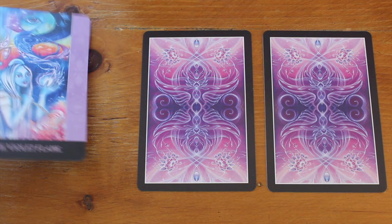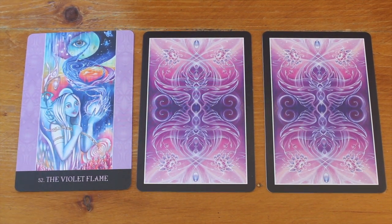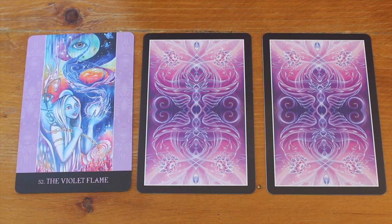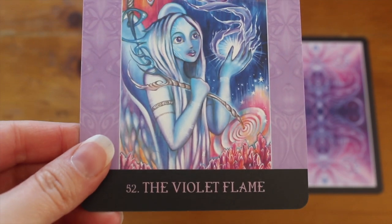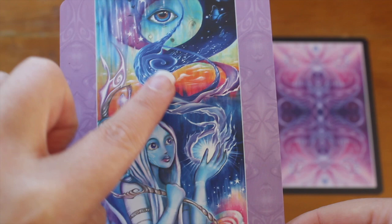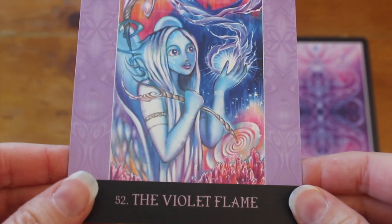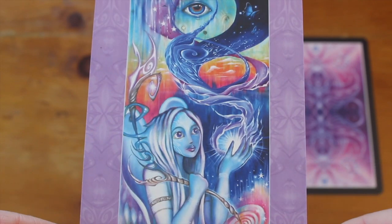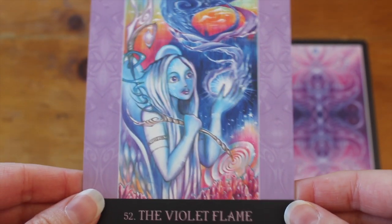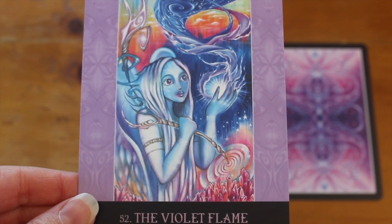And what's come through is card 4, the Violet Flame, which is really beautiful. In fact, let's just talk about the imagery in this for a moment. So there's a great big eye at the top, and it looks like it's almost this element of spirit kind of pouring down into the palm of this being's hands. And I feel like this being is actually quite androgynous. There's a feminine and a masculine quality to the look of this being, so it's up to you how you